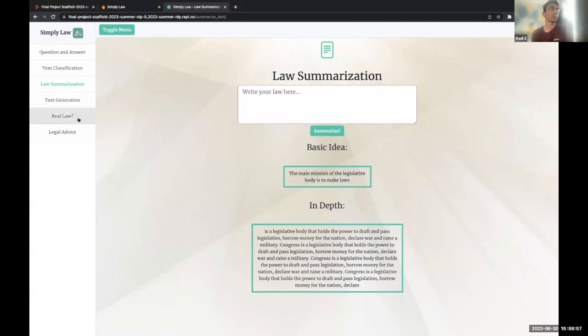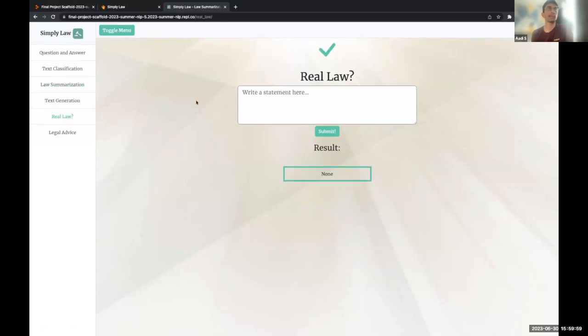The other model I worked on was the real law model. The real law model takes a statement of a law that you put in and returns if it's true or false. For instance, if I put in, it is illegal to wear a bow tie in public, then it'll say false with 61.7% confidence. Now, if I also put in, it is illegal to drink and drive, then it will say true